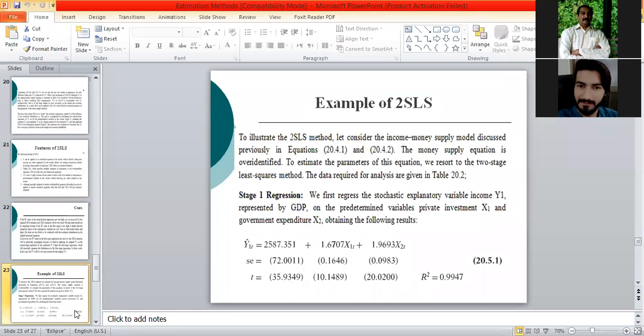This example will help you learn how to examine the simultaneity problem, and you can also learn the application of two-stage least squares in estimating models. You have to look at it yourself, take it as an assignment, and go through a thorough reading. That will help you understand the application of all the specification tests as well as the application of two-stage least squares to get the numerical value of the structural parameters.